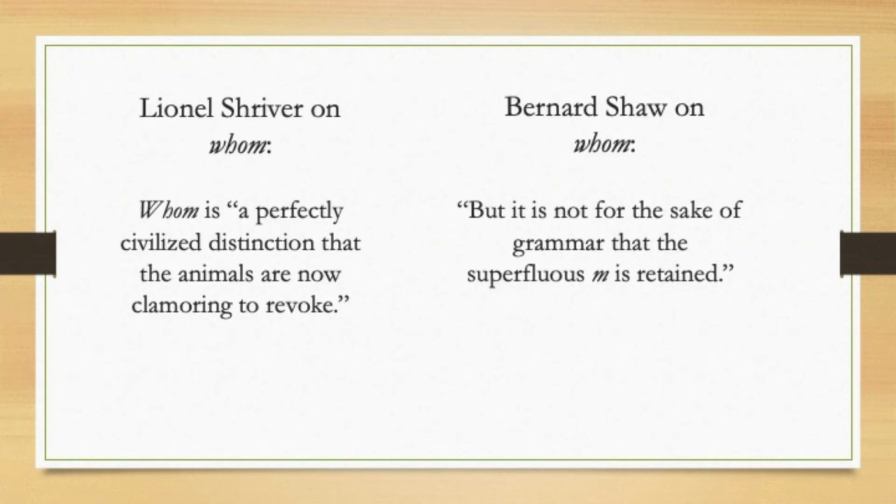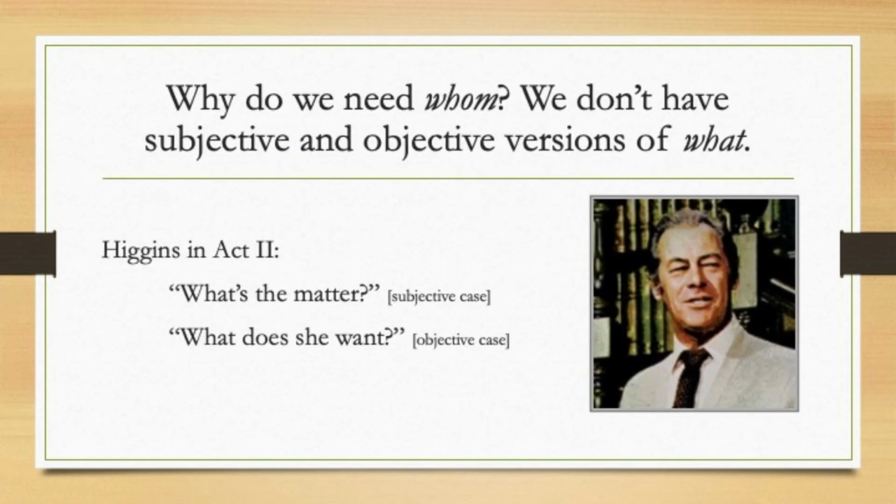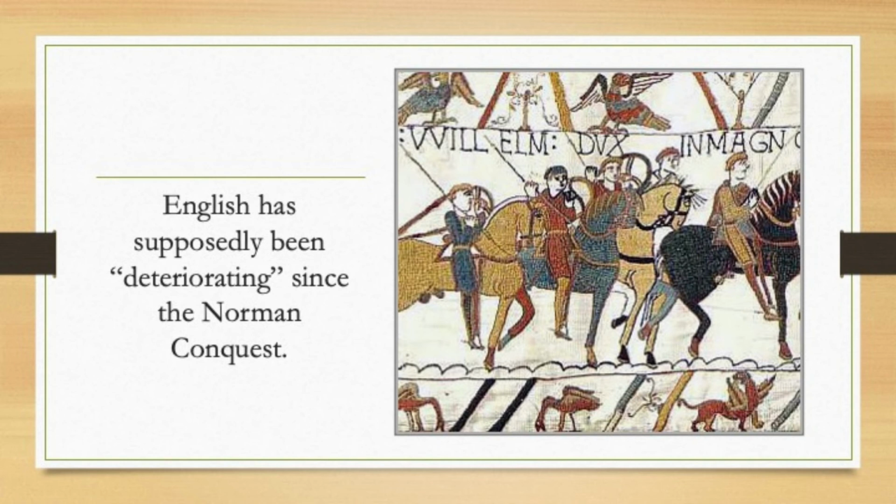Schreiber says that people who don't value whom are animals. But Shaw says whom has nothing to do with grammar. It's a pronunciation aid. And why do we need whom anyway? We don't have subjective and objective cases. For what? If you talk to a linguistic specialist, you'll discover that English has supposedly been deteriorating since the Norman